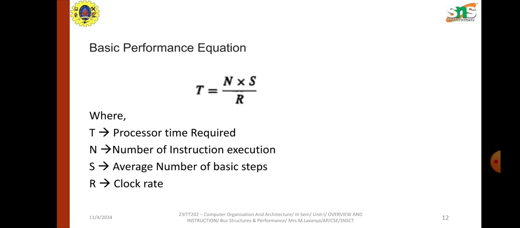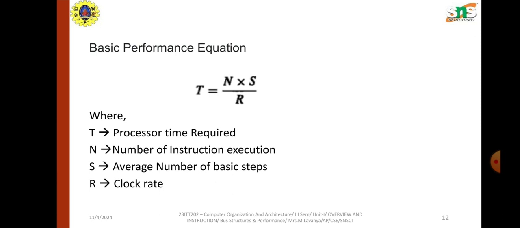After that, both the data have to be copied to the ALU, cache, temporary register. After that, the addition operation has to be performed, and finally the result has to be stored onto the final destination location. So there are n number of steps involved in the execution of this basic addition operation. This is the meaning of the average number of basic steps involved in the execution of a single instruction,